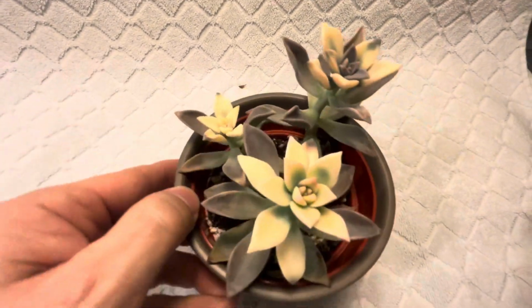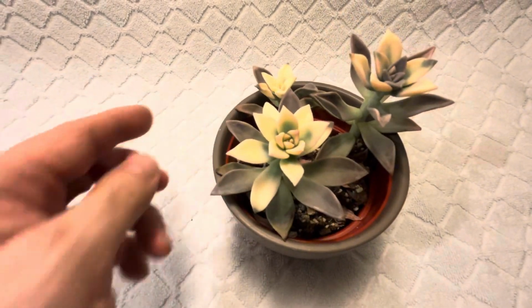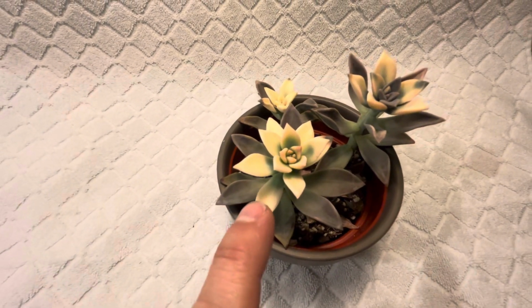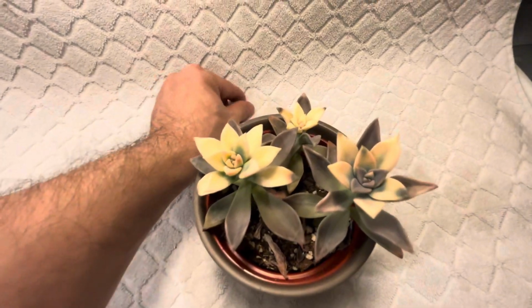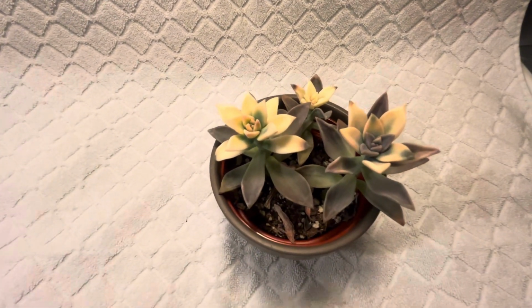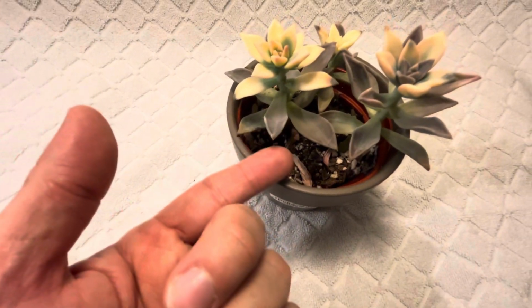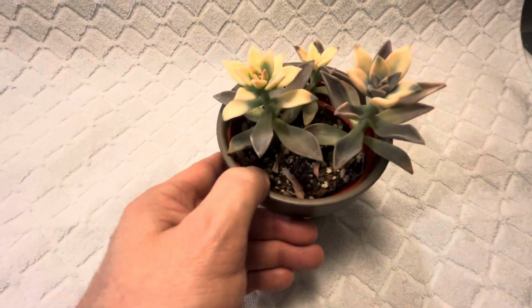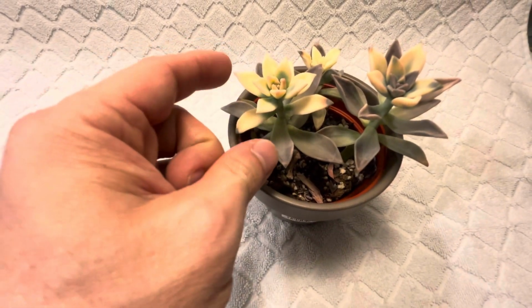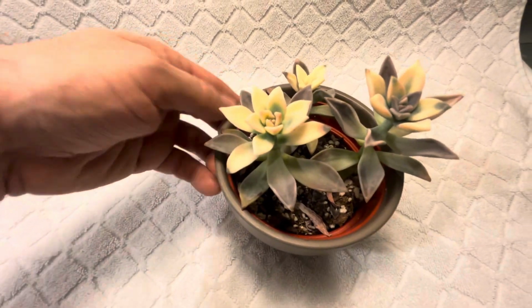I just think they're really cool. It almost highlights the middle of the rosette, making it look even more like a flower than a normal non-variegated Graptopedilum. So that's something that's really cool. These are easy to propagate via leaves, but there is a challenge if you're propagating the variegated leaves, because depending